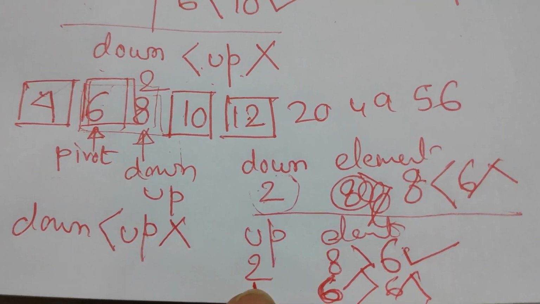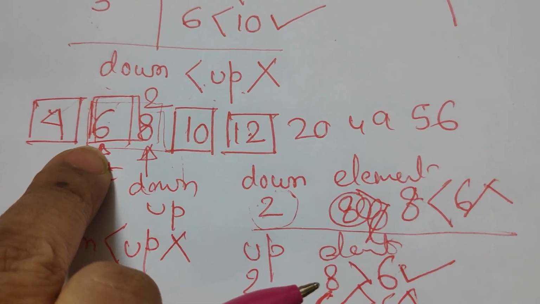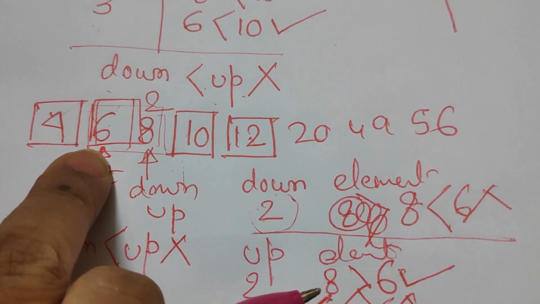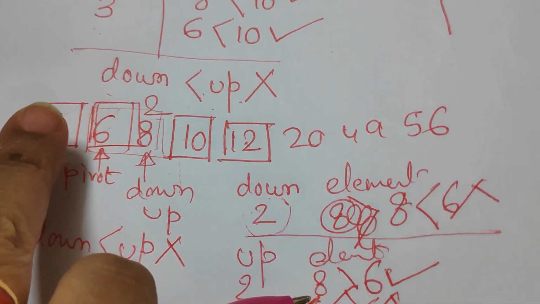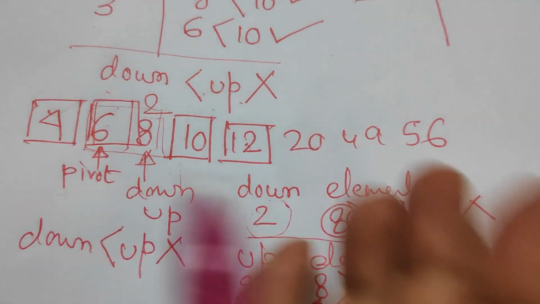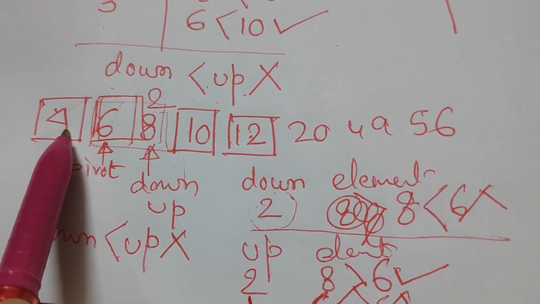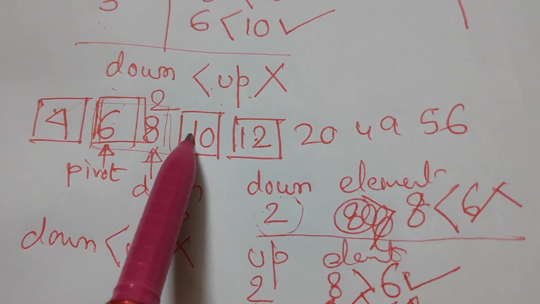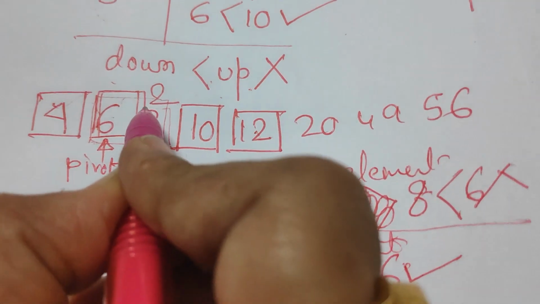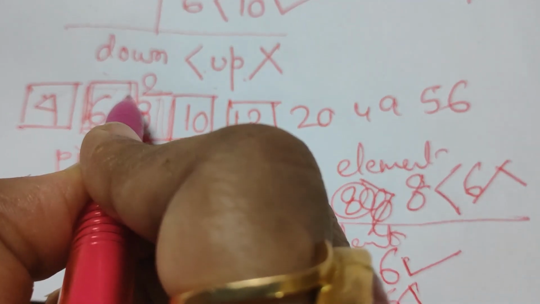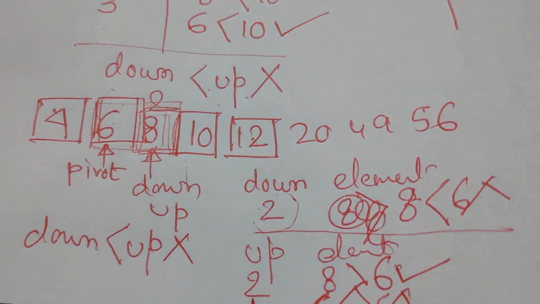Because whether we swap or not with this up index 1, 6 is at its correct position in the sorted array. Now as soon as 6 gets its location, we have to sort the left hand side and right hand side of 6 separately. Now you see there is no left hand side of 6 and we are on the right hand side of 6. What do we have in the right hand side of 6? We have got a single number 8. Correct? And we know that single number 8 is already sorted by itself.